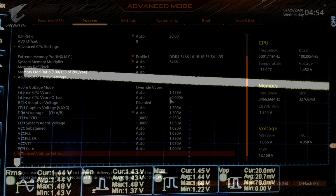So yeah, we'll see. I still need to test a bunch of other motherboards, but I see a non-zero chance of override Vcore basically making Gigabyte motherboards some of the straight up best for voltage regulation on Z490. To me this has no downsides, especially because you can disable all the power savings and then it's basically static voltage, without the transient response downsides that you'd get with fixed mode. So yeah,